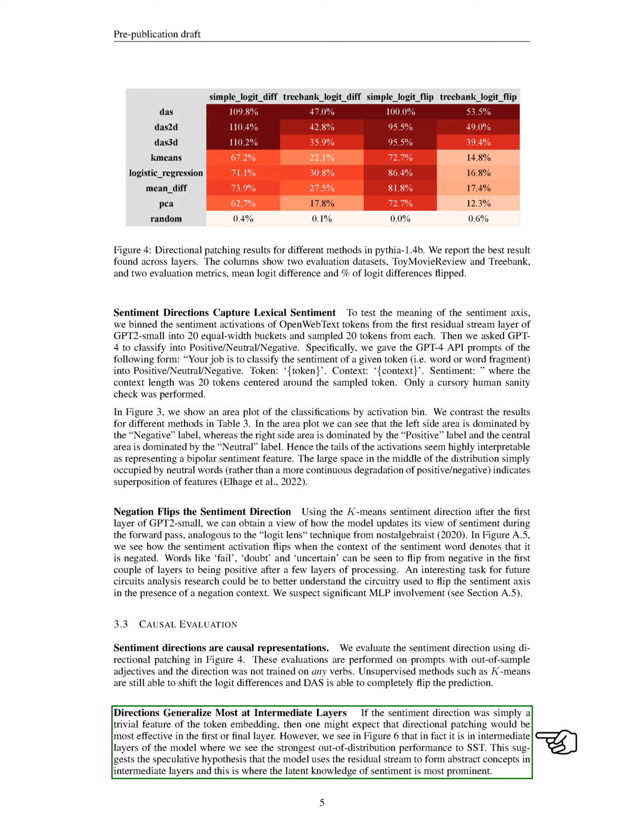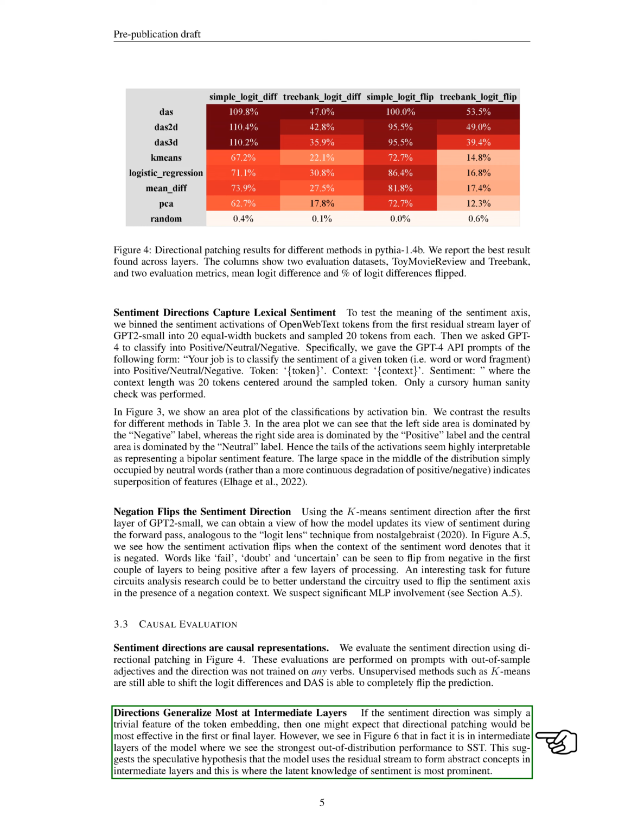Interestingly, we found that the sentiment direction is most generalized at intermediate layers. If the sentiment direction was just a trivial feature of the token embedding, we would expect that directional patching would be most effective in the first or final layer. However, we found that it is in the intermediate layers of the model where we see the strongest out-of-distribution performance